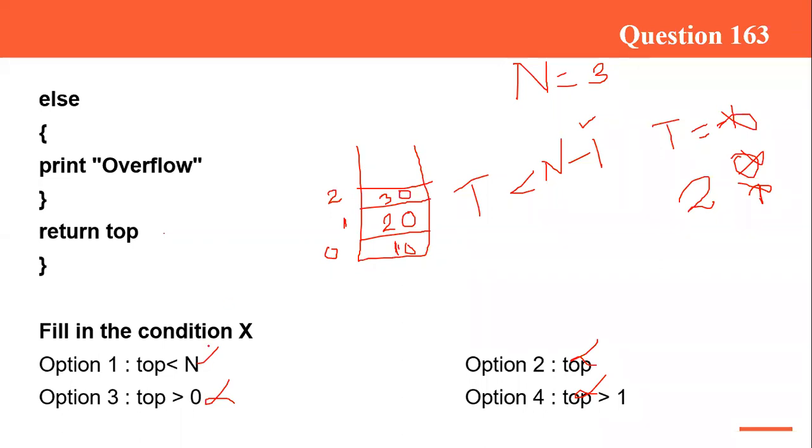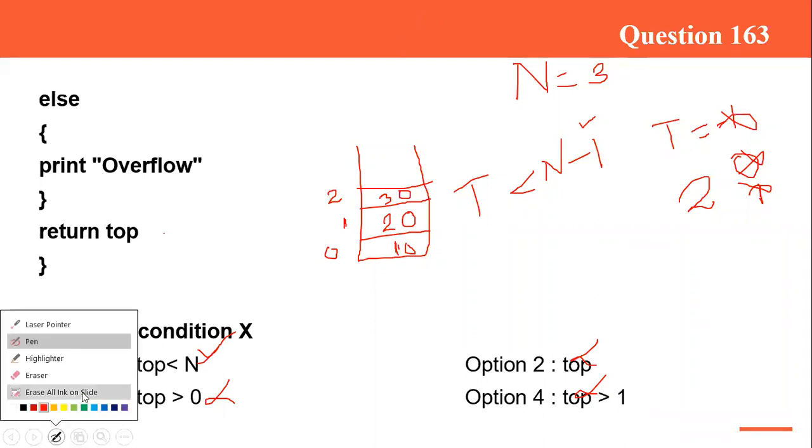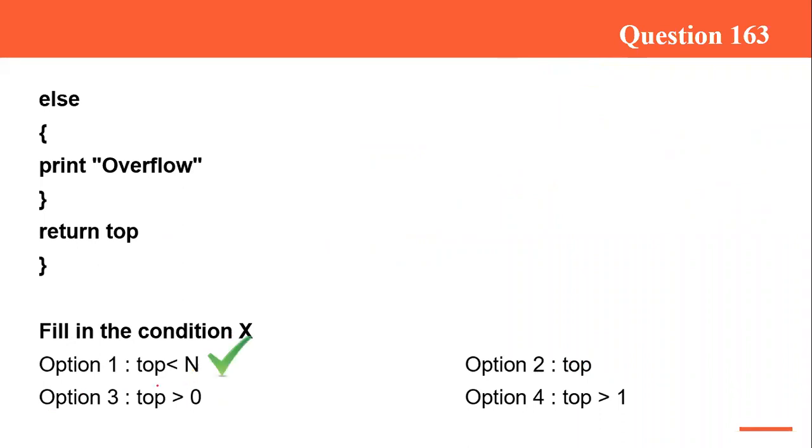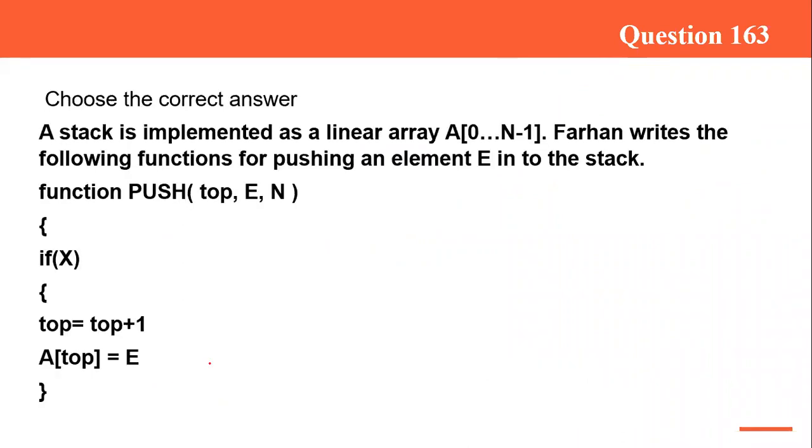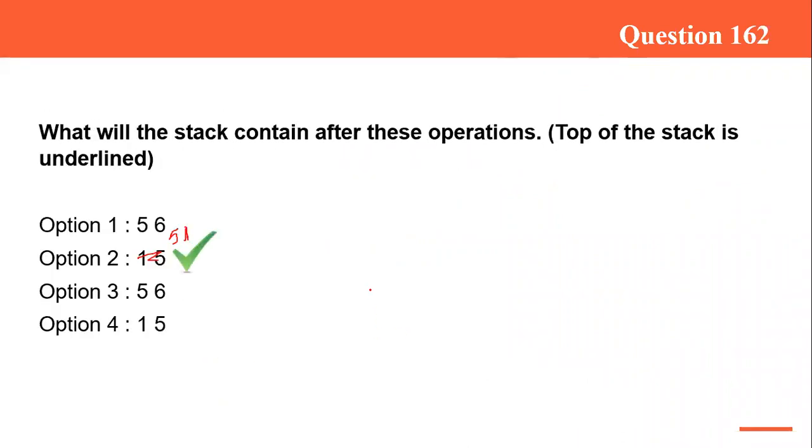Here I have to choose the option, with no other option, top less than n. When top is less than n, I can insert. But the actual logic is top less than n minus 1. Less than or equal to n minus 1 also is not allowed. If the top is already 2, can you insert an element? No. Right? I hope you understood what I am trying to say. So here the answer is top less than n. Whenever top is less than n, we can insert, in the options. But